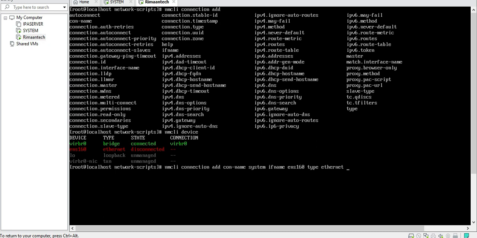Now I have to define the IPv4. ipv4.addresses. These options you can get above, as I just told you before. In RHEL 8 it is called ipv4.addresses, and previously it was only ipv4. So addresses, let's give